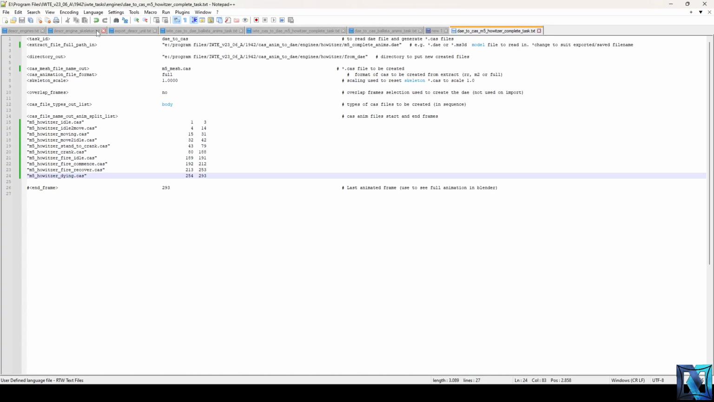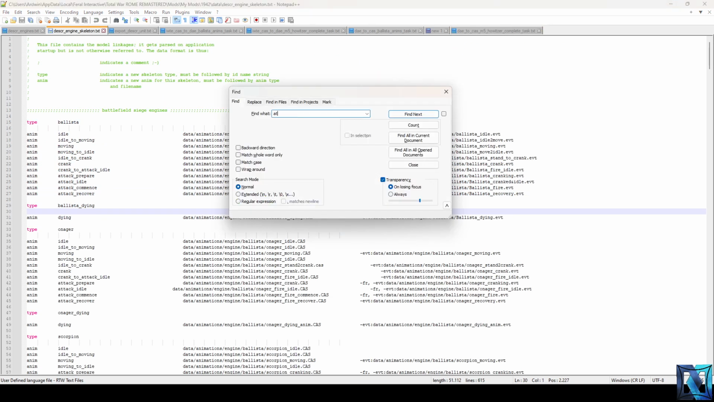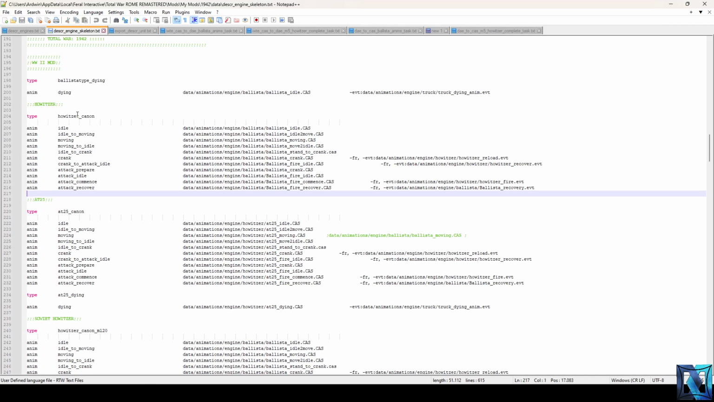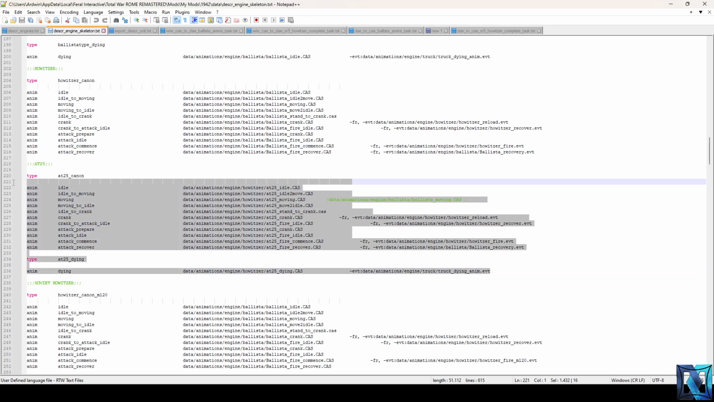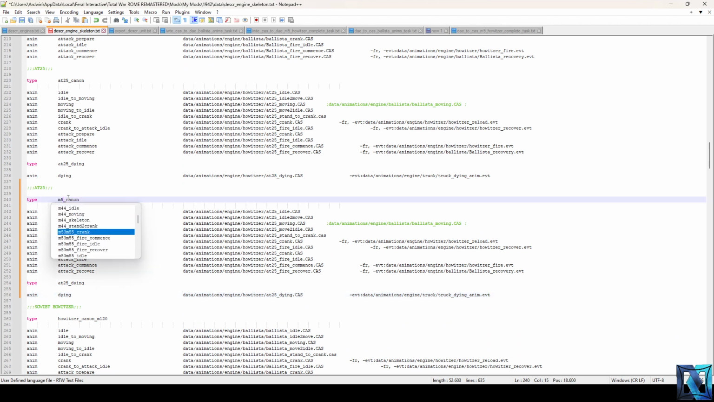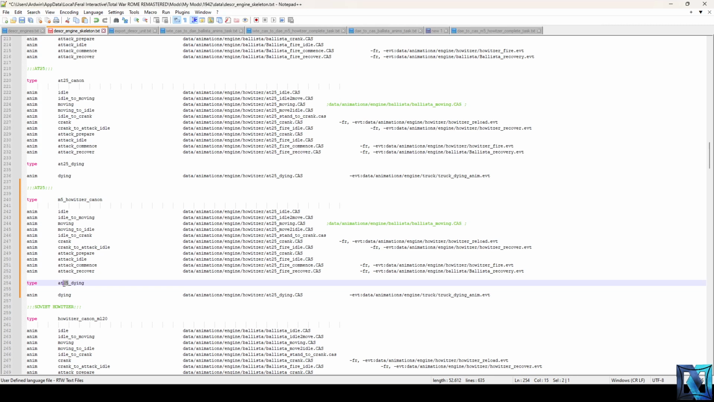Now let's have a check in the engines classes. So we have 8025 somewhere. Right. So this is the howitzer. It's called howitzer cannon. We have idle, attack, recover. It's just the same as this, but this is using the ballista. So let's copy the 8025, and we name it M5 howitzer cannon. And this is the dying animation, M5 dying. Oh, it's already there. So we have howitzer, and